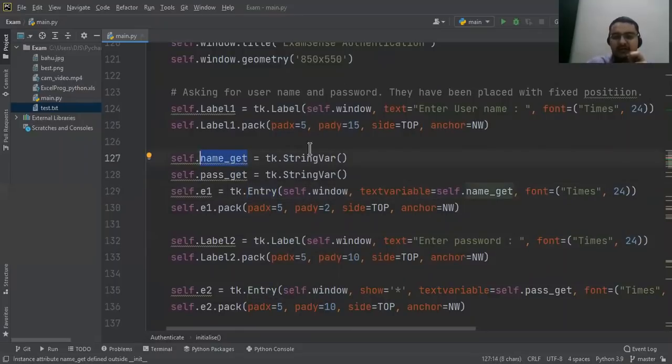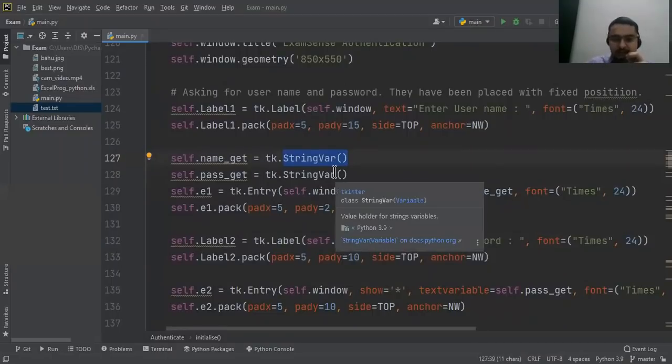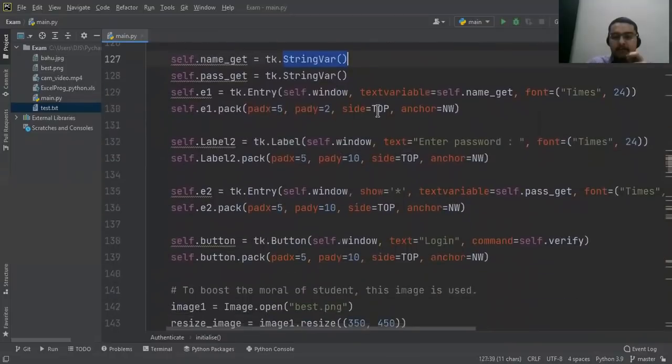Now, essentially, because it is a string, I have to use tkinter's variable called StringVar. It is a function which gives me the capability to store a string in this way. This is just the syntax: text variable equals, and then whatever name you have given it.